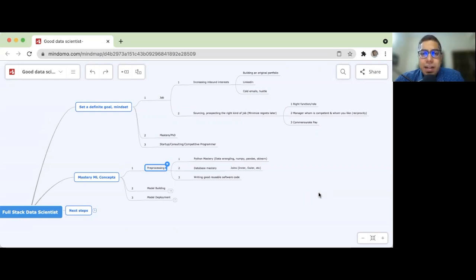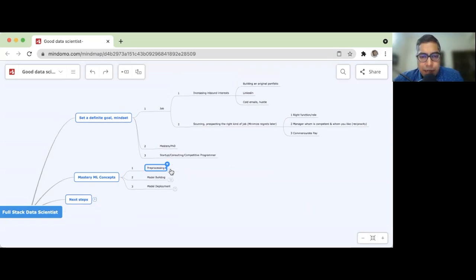And third is the fundamentals of writing good reusable software code. I have seen job descriptions on the West Coast and East Coast of the United States expecting people to also be familiar with the basics of data structures and algorithms, which includes quicksort, binary search, etc. We will be covering all of that. But in case you're not taking this course, which is fine, also make sure wherever you are, pick those up, because good companies are asking those questions as well.